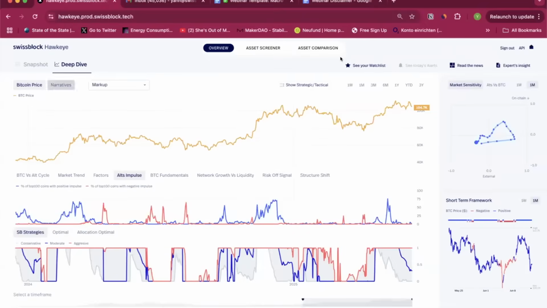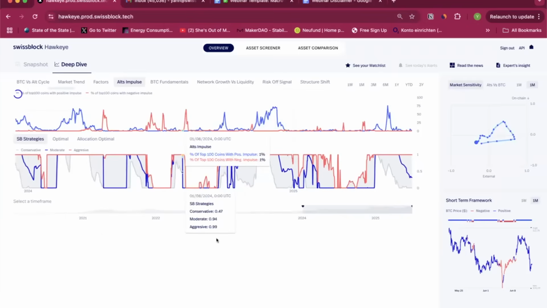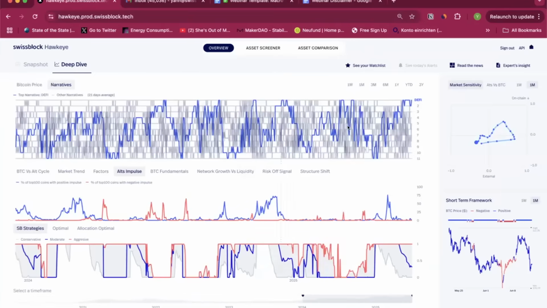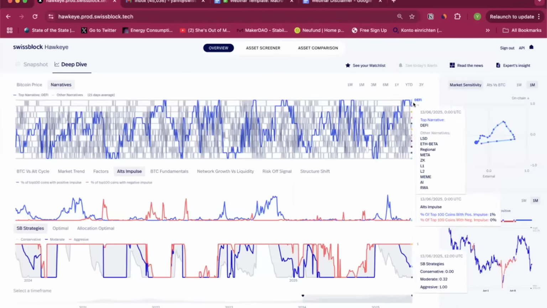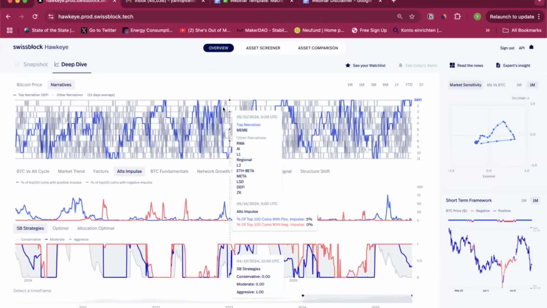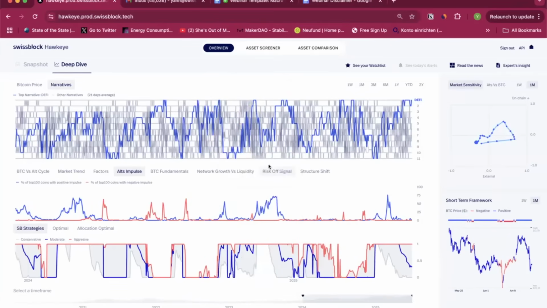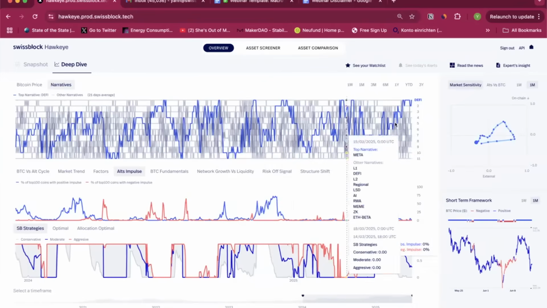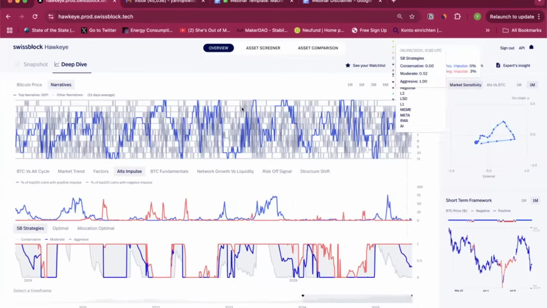That's actually one other thing that we track, and just to quickly show the people that asked for it the last time as well, if you can see my screen, what we do, which is very important, is understanding relative narrative perspective. As we said before, right now DeFi LSDs are super strong compared to everything else. That is very indicative of pre-alt season. You see that every single time DeFi had a peak, it preceded a big spike in alts. Same thing here. Same thing here.